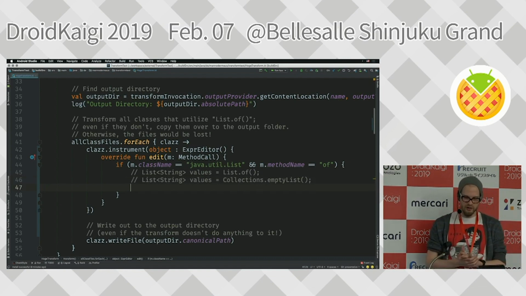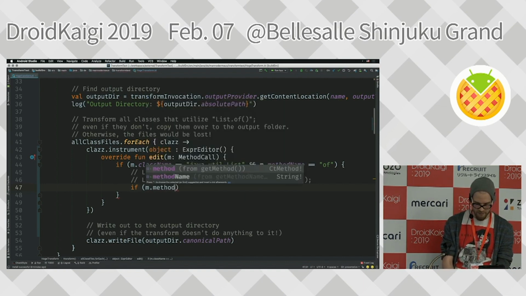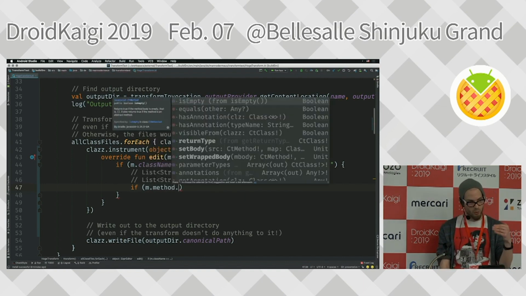So what we're going to do here is we check the method and see, does the method call have any parameters or not? Because if not, then it's this guy. If it does, then it's one of the other variants. So we need another conditional here that says if the method, and then we can get more deeply into the